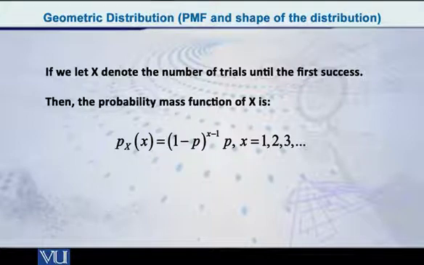These kinds of trials in which in every trial there is either a success or a failure, and P is the probability of success in any trial. So given this, let us consider a random variable y that denotes the number of trials until we achieve the